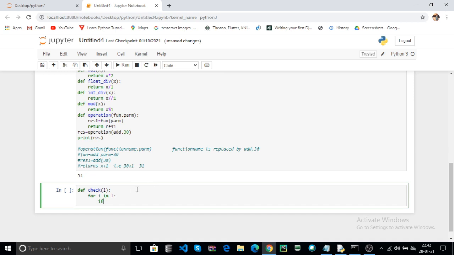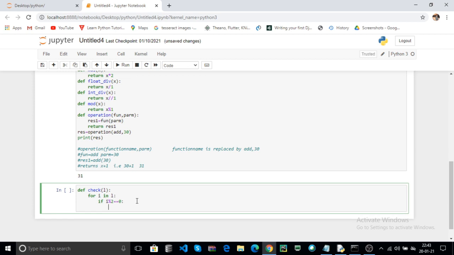Every list item is iterable, and in the first iteration the first item is stored into I. In the second iteration the second item is stored into I, and until the end of your list it will be repeated. If I mod 2 equals 0, here it checks the condition.